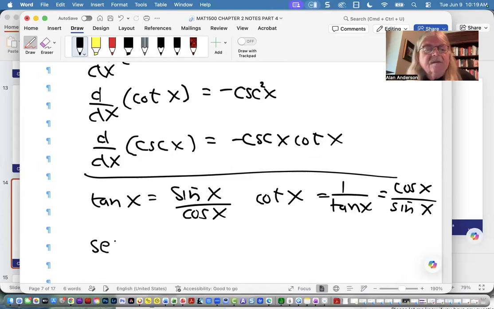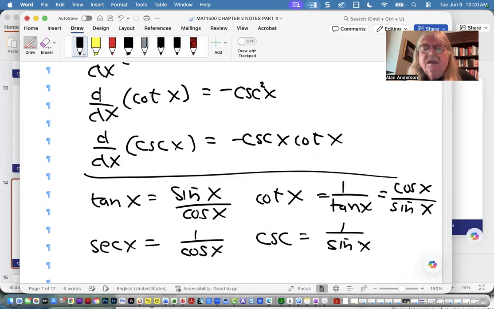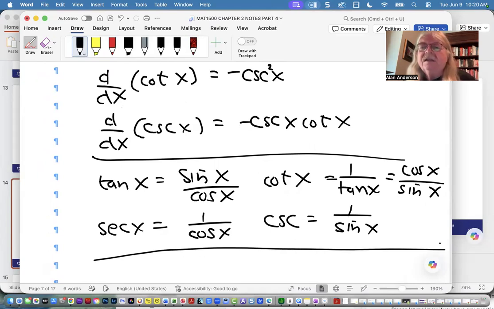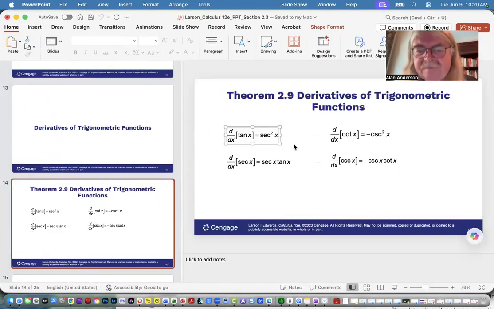The secant is the inverse of the cosine, and the cosecant is the inverse of the sine. It'll help you tremendously if you have these memorized. And you'll see as we go along, especially the further you get into calculus, these will pop up all the time. And there are some other identities that as we go along, I'll show them to you and recommend that you memorize those as well. Okay. Anyway,